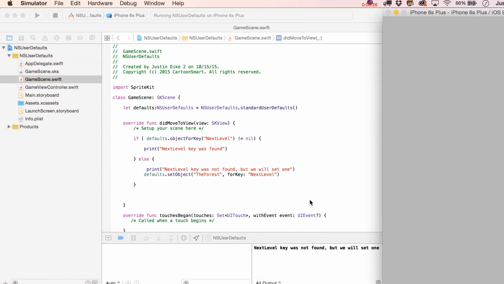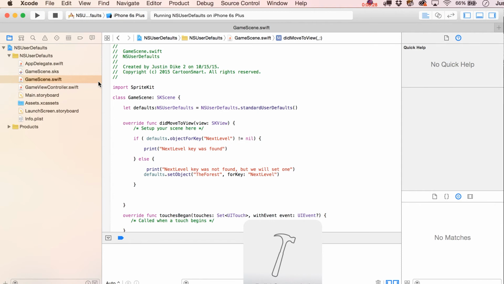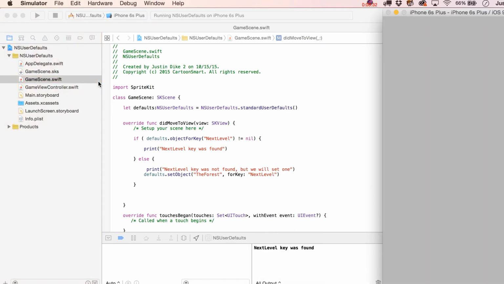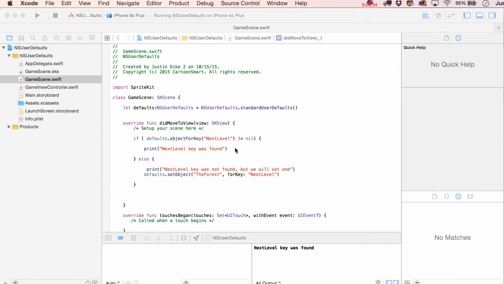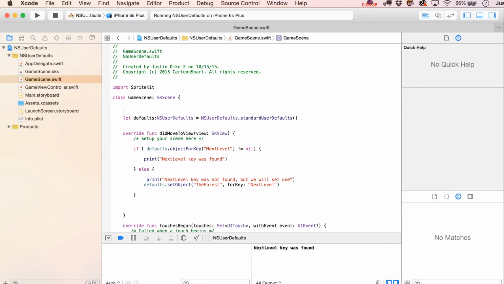All right, we got that. Now, let's run it one more time. And this time it's going to say next level key was found. All right, that's great. And at that point, what you'd probably want to do is take what's inside the NSUserDefaults